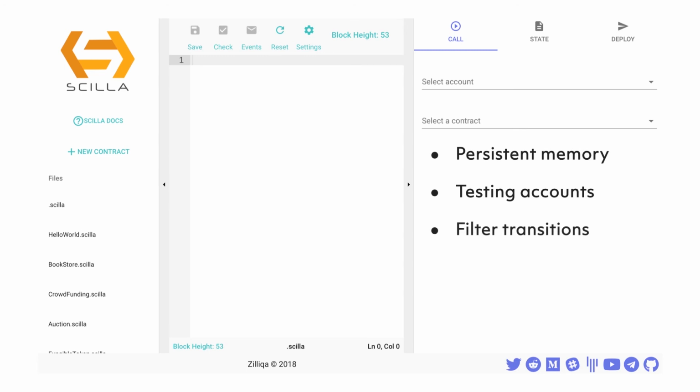Number 3, automatic filtering of transitions, such as functions and methods, which filters out the callable transitions available within the contract automatically after you deploy it. Number 4, static type checking, which type checks for errors in variables within your contract on the fly and ensures that the contract is type safe before deployment. And finally, number 5, automatic block time, as the IDE simulates a blockchain, literally a chain of blocks with timestamps on them, and sets an arbitrary block interval at 10 seconds each. A developer can use this block time as your timestamp for your time lock or escrow contracts.